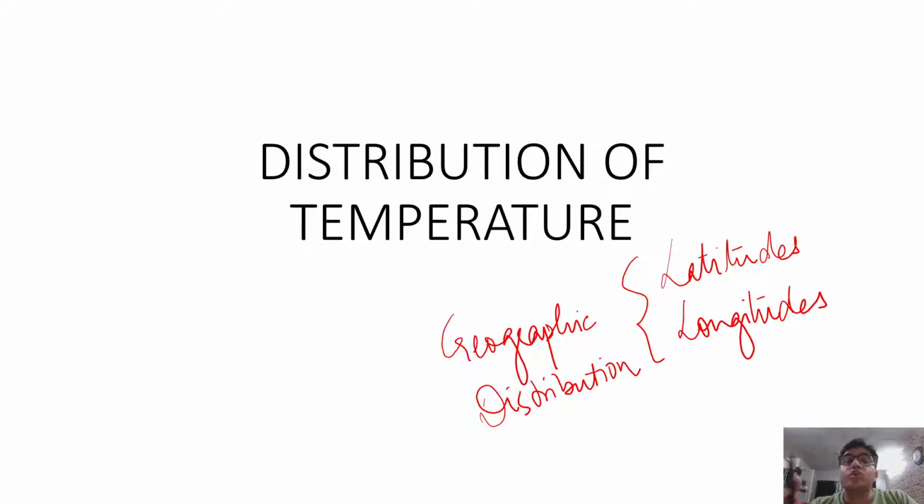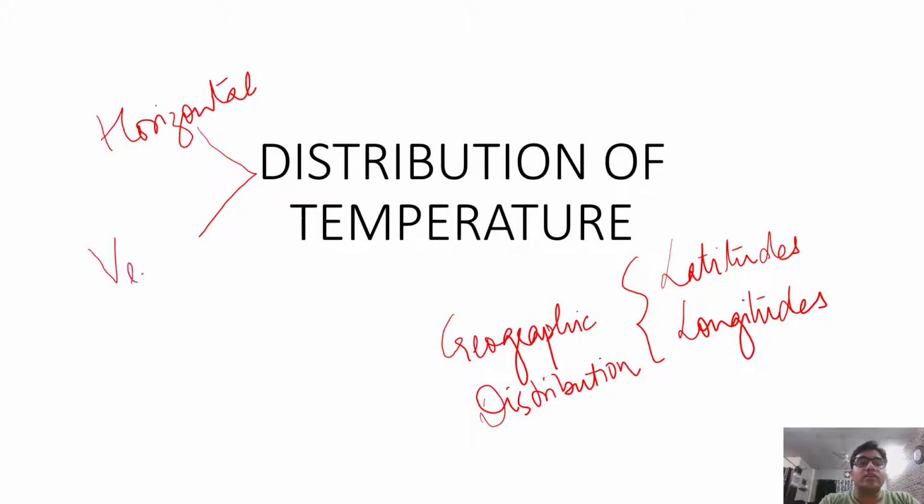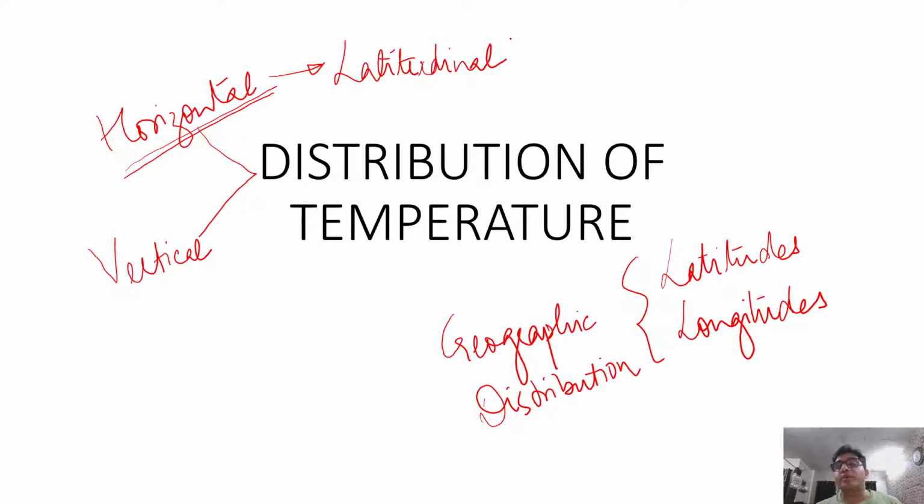So, we have two types of distribution patterns. One is horizontal and the other one is the vertical. So today we will be doing the horizontal distribution pattern, which in technical language we can call latitudinal distribution pattern. Okay,